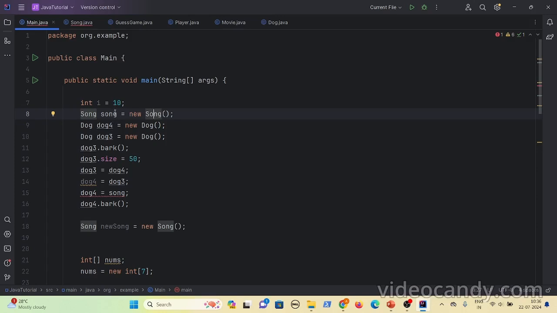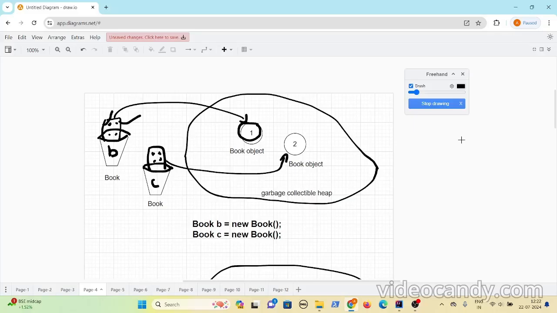So whatever variables hold the objects, they do not actually hold the object, they hold references to the objects, like a remote control, and using that remote control you can access the objects. Now let's see a few examples of object creation and how the values are referenced.